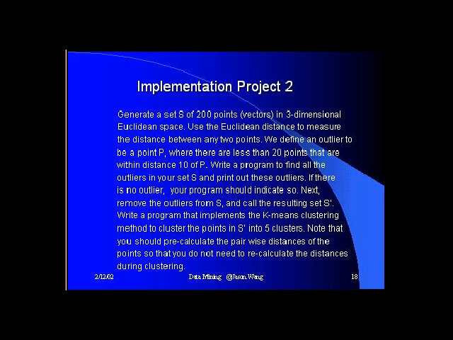The purpose of this project is to let you exercise a famous clustering algorithm, namely the k-means clustering algorithm. Okay, any question about the assignments? No questions? So basically that concludes this part, and